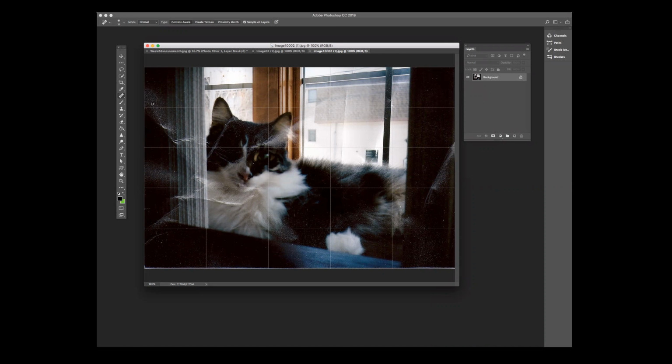You can use the spot healing in some areas, but the problem with that is that it's just going to grab more white. So you will need to use the clone tool. I would just grab a dark area and then start kind of painting over it. I'm going to minimize my brush size because I need a nice small brush for this. So I'm just going to kind of go in,